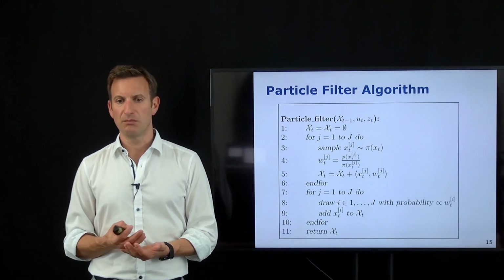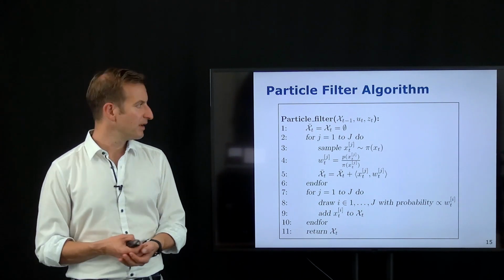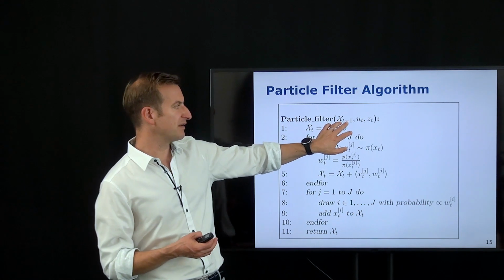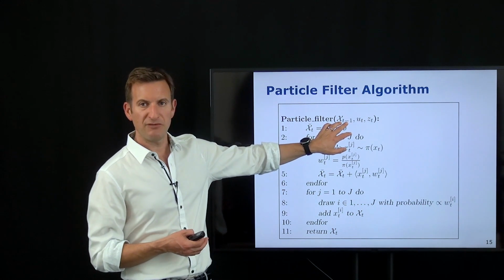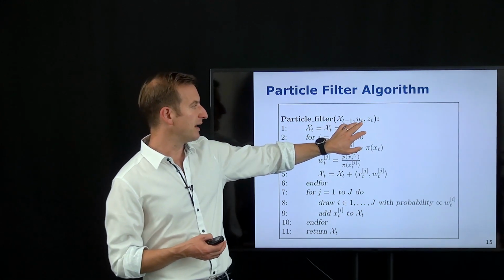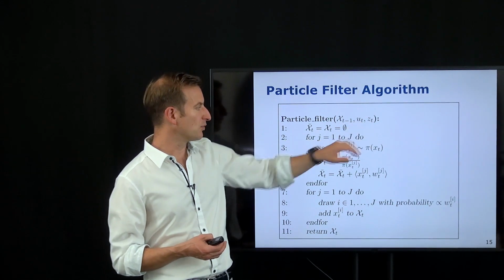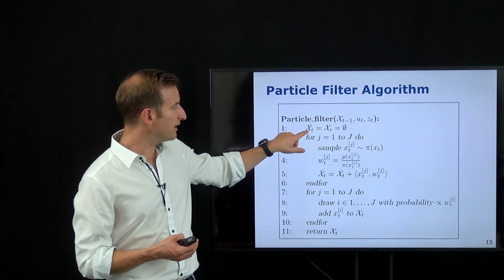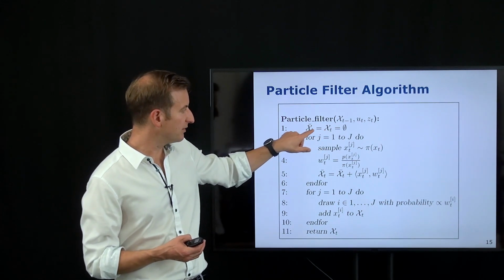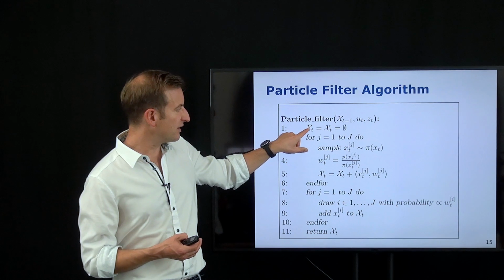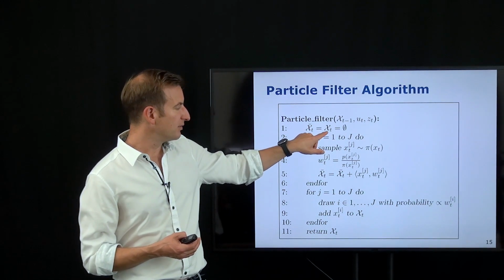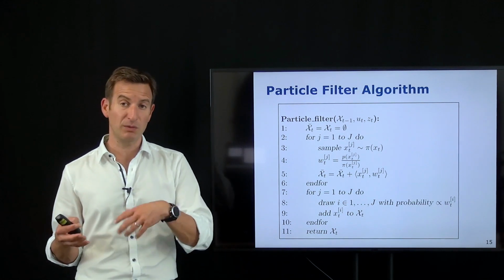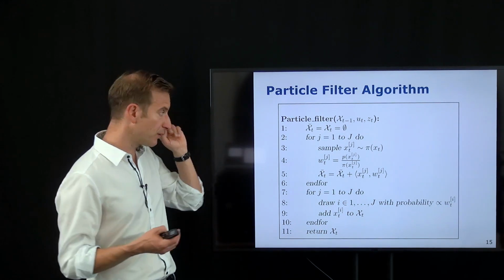We can now look at the more formal description of the algorithm, which looks like this. So we have a particle filter, which has the sample set representing the belief of my system at time t-1, my current motion command, and my current observation. Then I set my predicted sample set and my new sample set equal to the empty set. So I start with 2 empty buckets. One I will use for the prediction and one I will use for the correction.